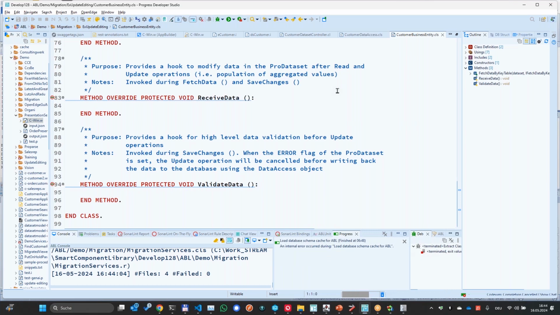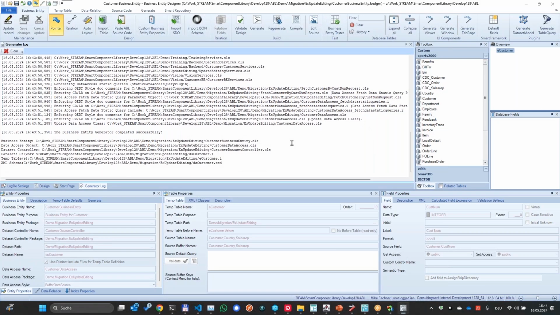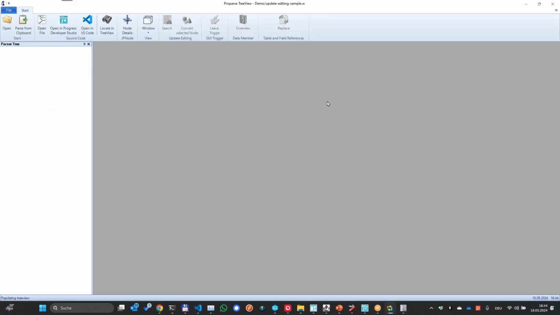My routine when I'm programming, I'm typically using VS Code more and more for writing code, and I use the Developer Studio mainly only when I actually have to build GUI for .NET layouts or app builder layouts, because VS Code is just a tool for writing code and not any GUI designs. So this business entity, I could use this now and see that it's returning some data. Before I do that, I'm going to do something else. I'm going to go back into the ProPath tooling,